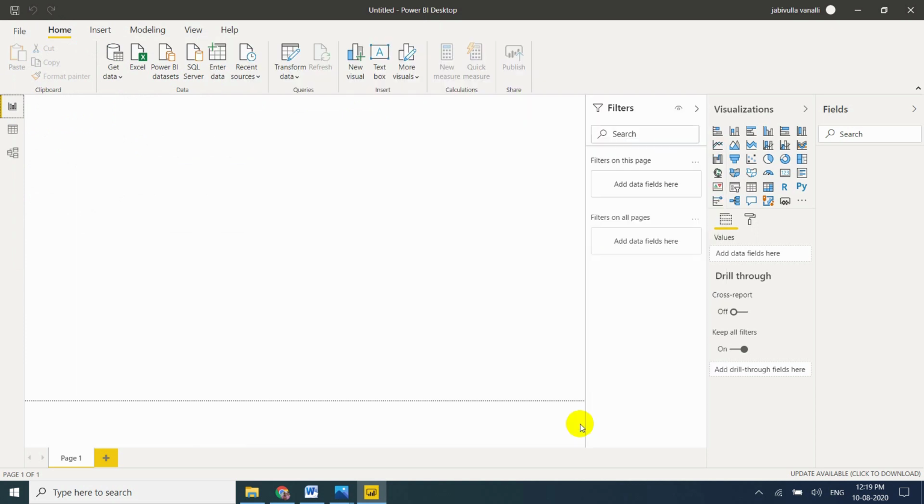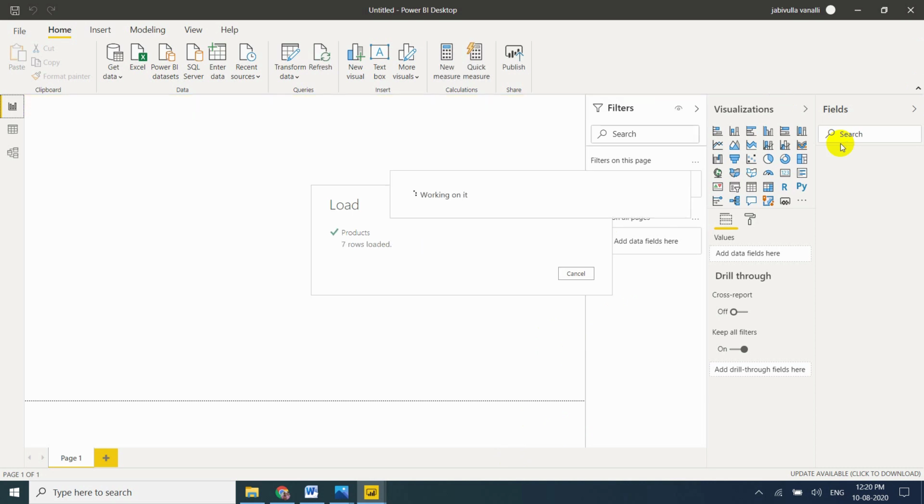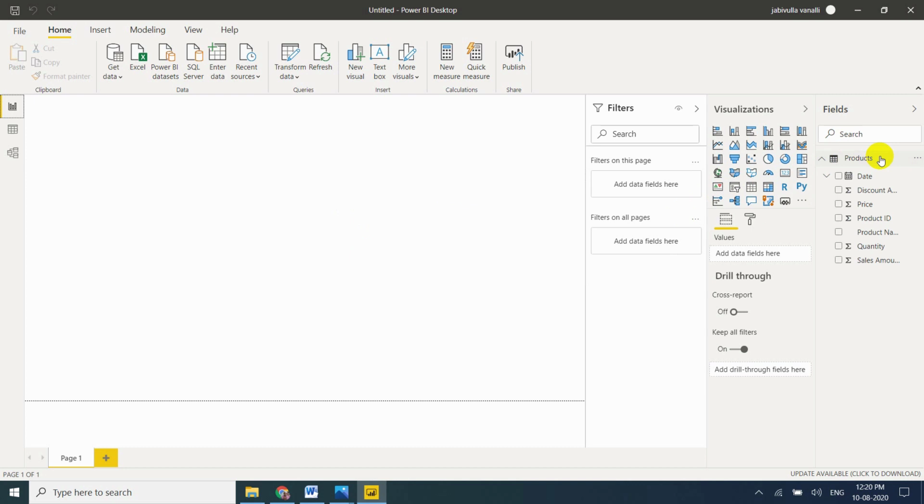Let me click on load. Don't worry, it won't take much time. The table will be loaded, depending on the memory and the table size. So my table is loaded into memory. Now go to data view.